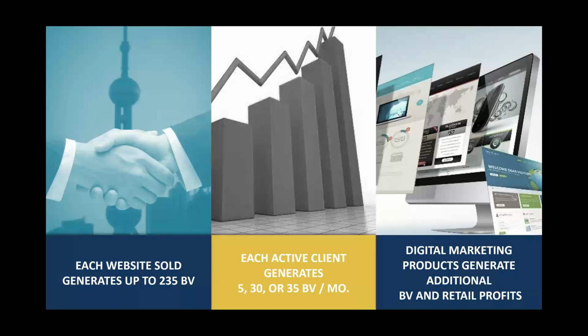Right? So each active client at that point forward is going to generate 5 BV for basic monthly service, 30 BV for standard monthly service, and 35 BV for monthly managed service. And again, that happens to come on an ongoing recurring basis as your clients are paying their monthly fees. And of course, digital marketing products generate additional BV and retail profits, whether it's any of our DMP or design